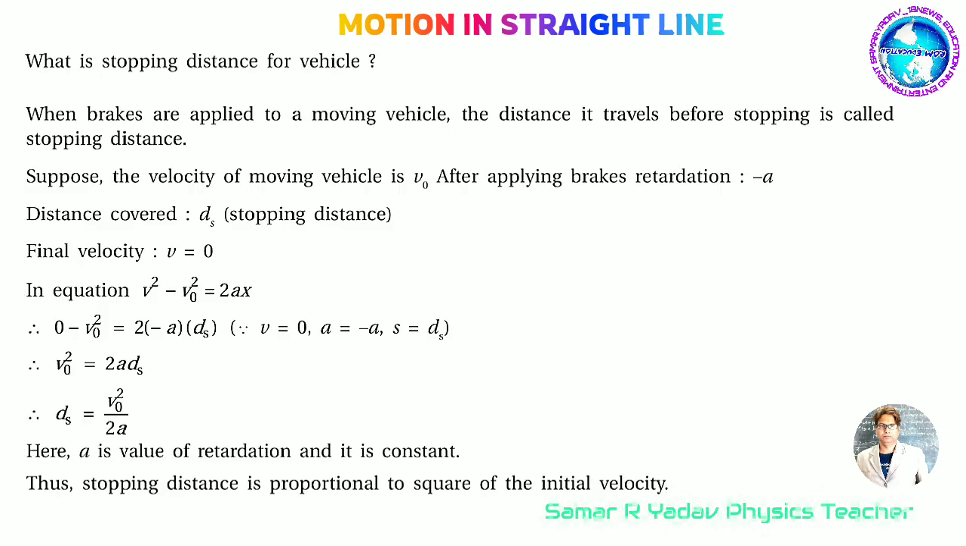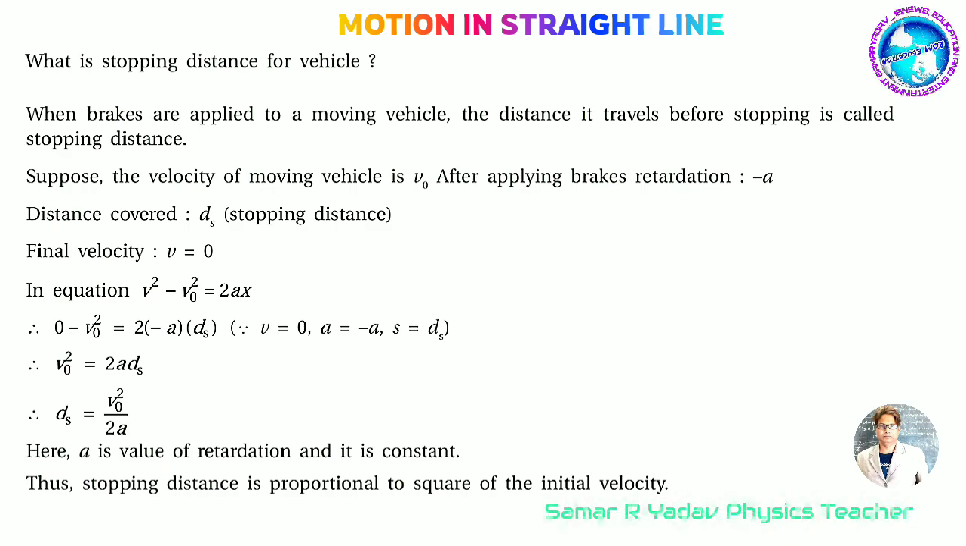When the brakes are applied to a moving vehicle, the distance it travels before stopping is called the stopping distance. Suppose the velocity of the moving vehicle is v0 after applying brakes. Retardation is equal to minus a. Distance covered is equal to ds, the stopping distance. Final velocity v is equal to 0. In the equation v square minus v0 square is equal to 2ax,